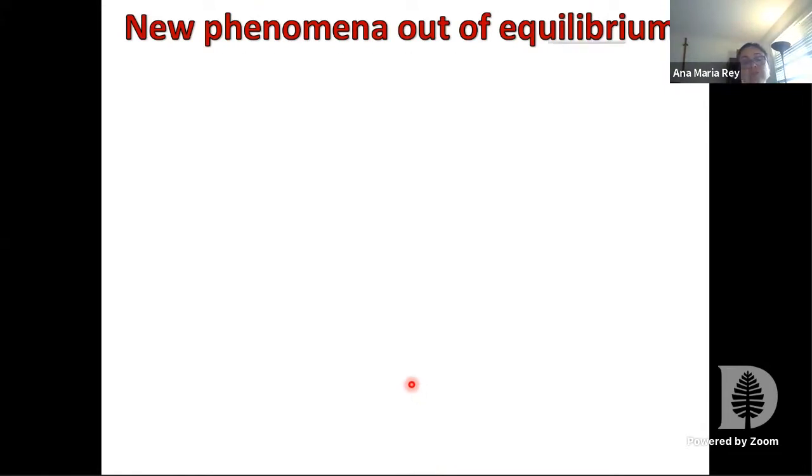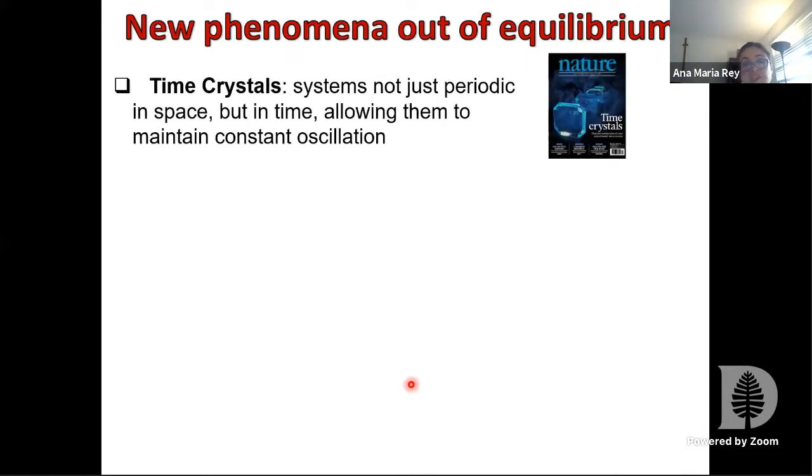Before going into dynamical phase transitions, I wanted to point out that, as I mentioned at the beginning, the advantage of out-of-equilibrium systems is that they offer the possibility of phases that have never been seen before. And I'm giving you a few examples that came up in the last couple of years. One is the idea of time crystals, that are systems that are not only,